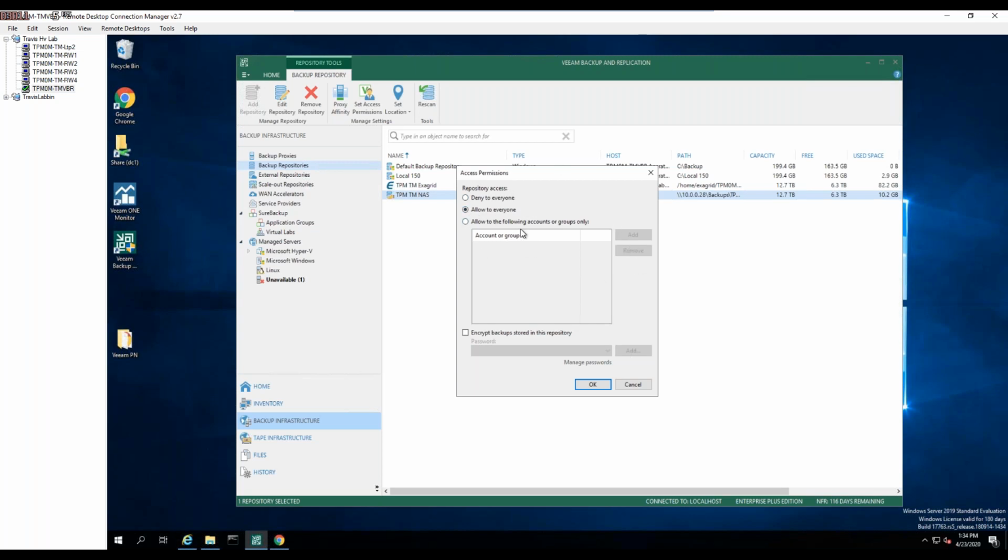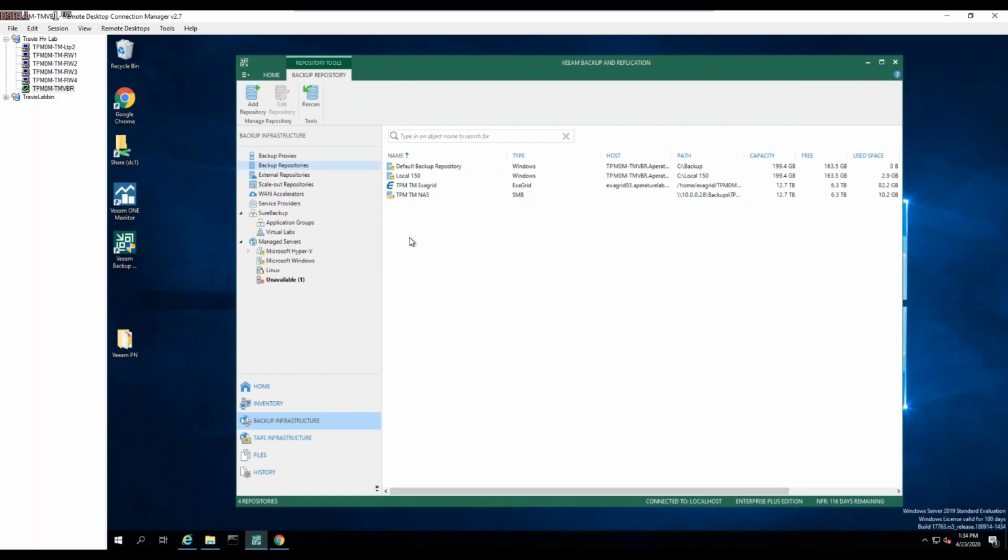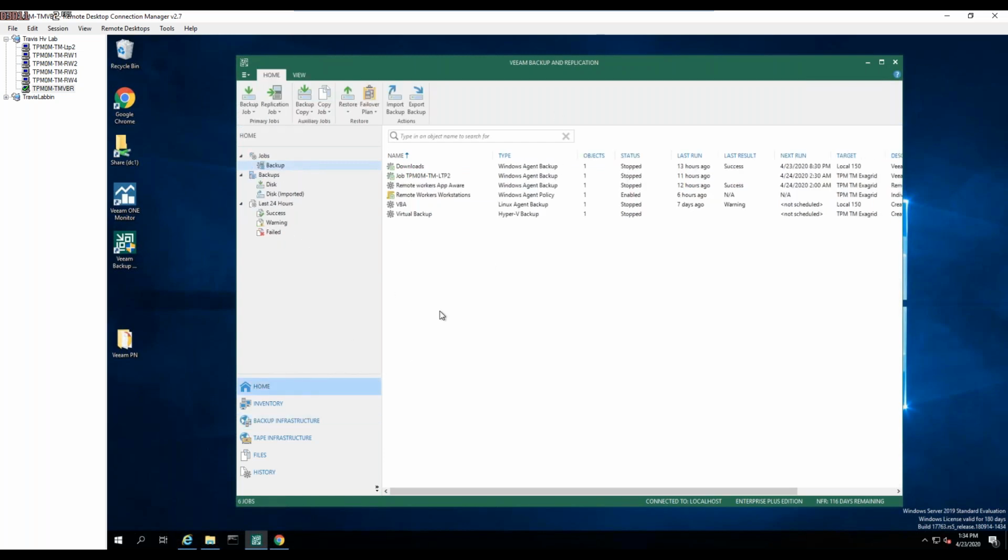Then I would be able to see that in that drop down from the configuration portion of targeting a backup and replication repository. I can also encrypt the backups at the repository level, or you can enable it at the job level as well. So it's kind of an either-or option there. So, with our different repositories and everything else,